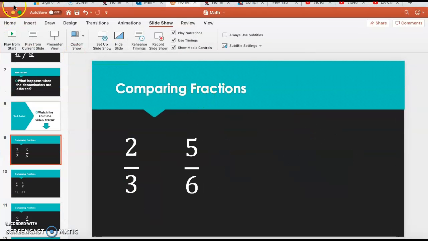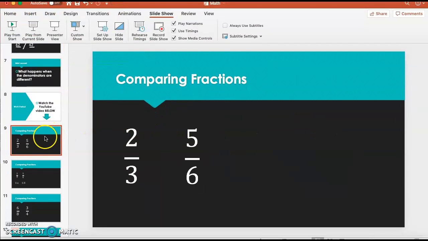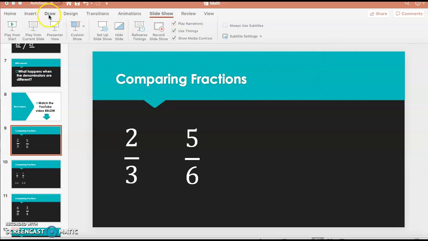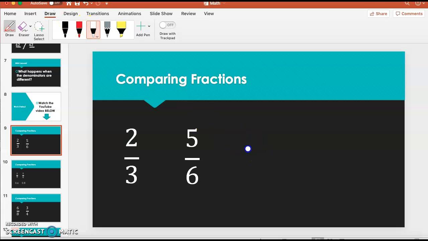Here we go. All right. So, let's say you have 2 over 3 and 5 over 6, okay? Well, what I would suggest doing is getting out your calculator and doing some division. So 2 divided by 3, because that's how we know 2 over 3 is really 2 divided by 3. So let's do 2 divided by 3, and that is 0.66666. So let's write that down here. Oh, that did not do what I wanted it to do. Okay, little guy, let's do it. 0.6,